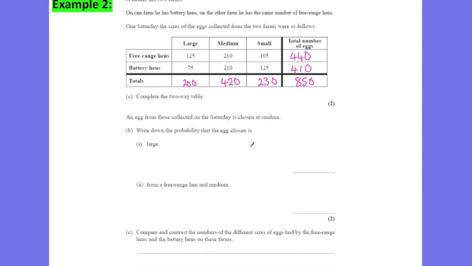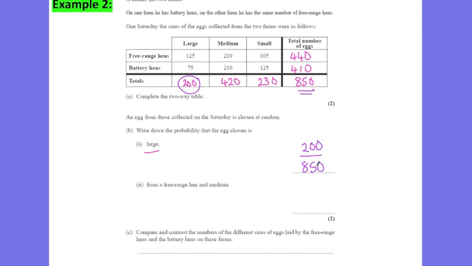We're then asked to write down the probability that the egg chosen, when they're sampling an egg from those collected on the Saturday, is chosen at random. We're then asked to calculate the probability that the egg chosen is large. How many large eggs are there? 200 out of the total number of eggs,